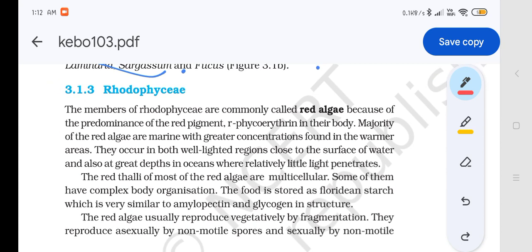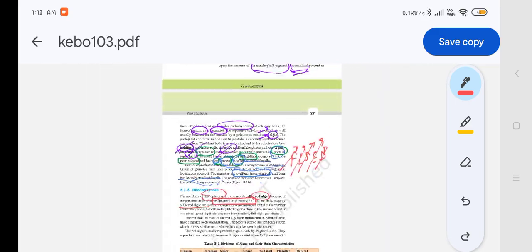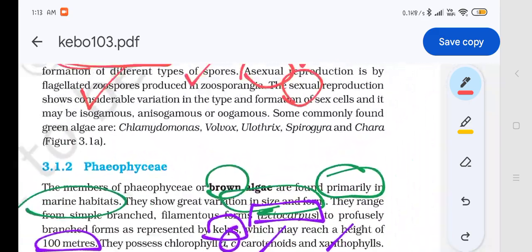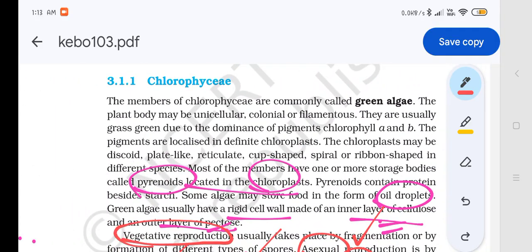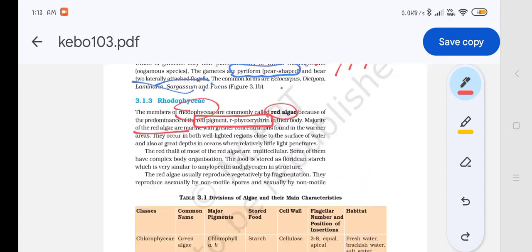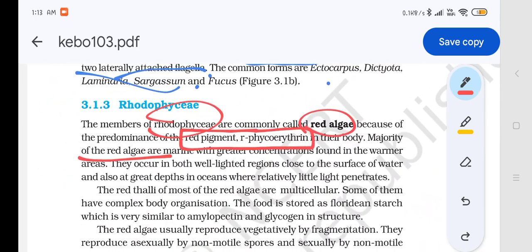Rhodophyceae. The members of Rhodophyceae are commonly called red algae because of the predominance of the red pigment r-phycoerythrin in their body. The majority of red algae are marine, mostly found in the marine habitat. Majority of red algae are marine with greater concentration